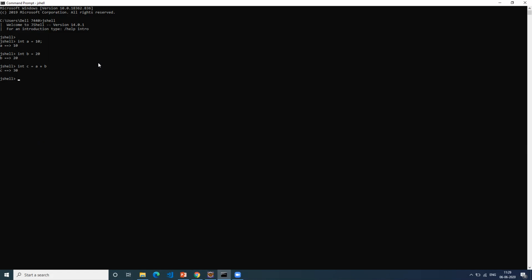I think IntelliJ has a plugin wherein you can do the same JShell thing, a terminal in the IDE itself instead of doing it here. Eclipse I have not tried. I think in Eclipse also there should be a JShell plugin. Just explore it. You should be able to find the JShell plugin, add it into your Eclipse, and you can code there itself.